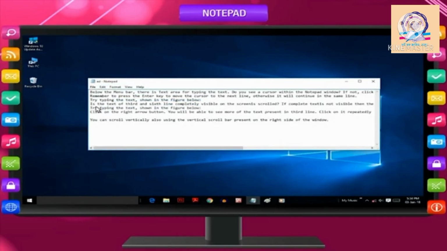The copied text will be pasted at the location you placed the cursor. Note that the text remains at its previous place also. You have copied the text, not deleted. The Cut option is similar to Copy option except that it gets deleted from the previous place.